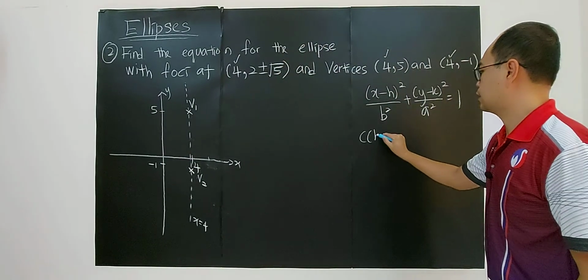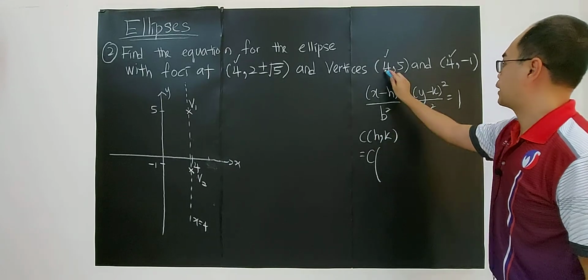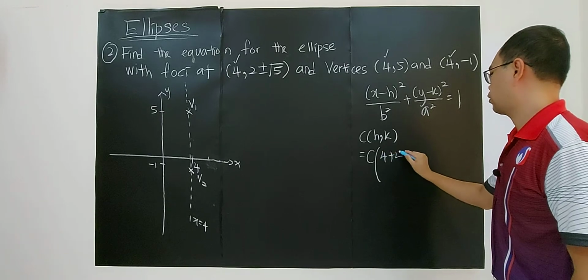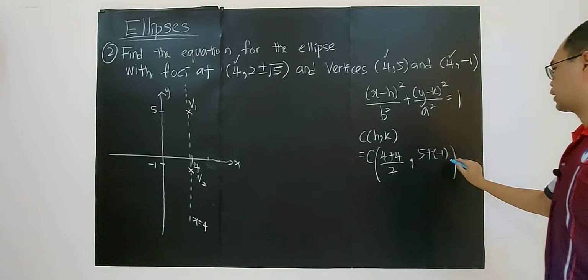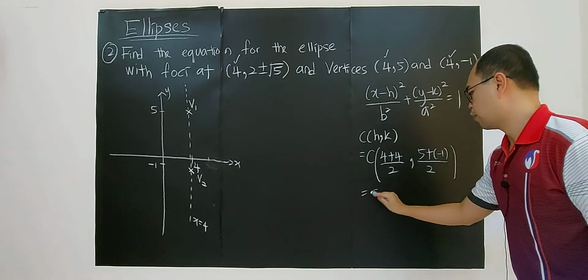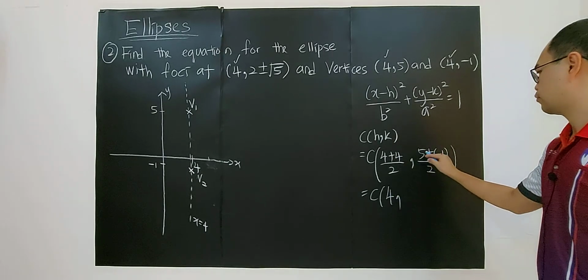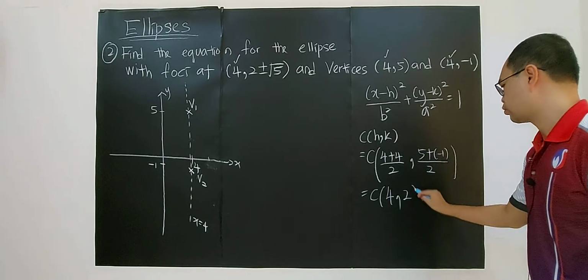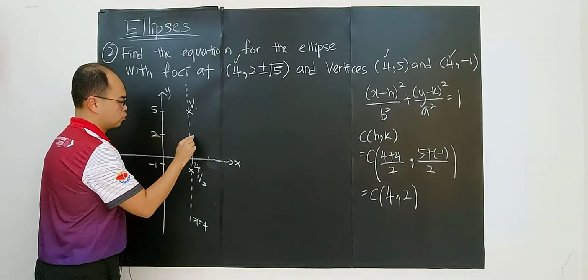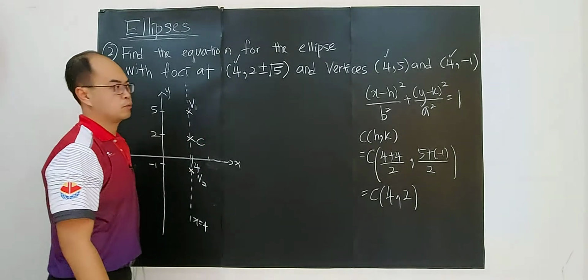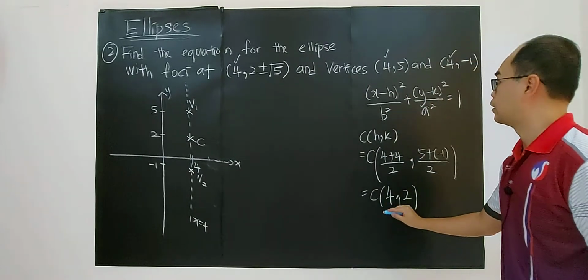So the center (h, k), the center of the ellipse, you can find by adding up 4 plus 4 divided by 2, and adding up the y values divided by 2. The midpoint will give you the center of the ellipse. So 5 minus 1 is 4, 4 over 2, you have 2. So (4, 2) will be your center, right? Then for now, you know that the equation should be in the form of